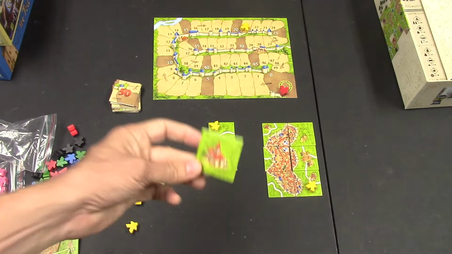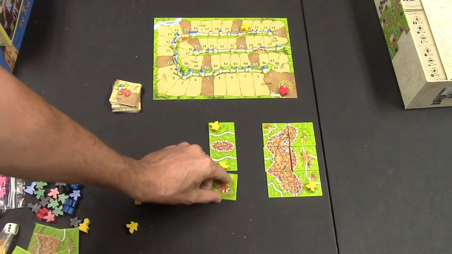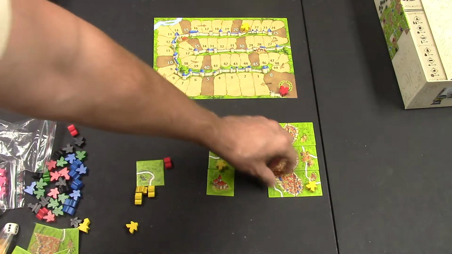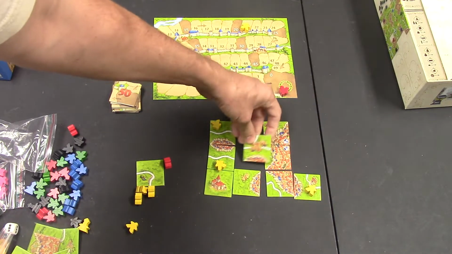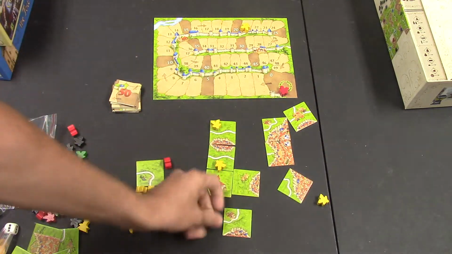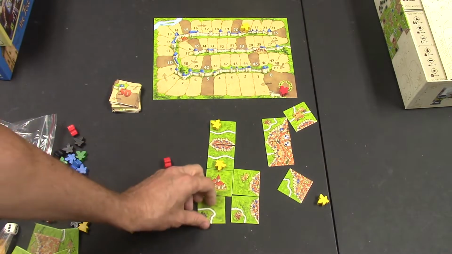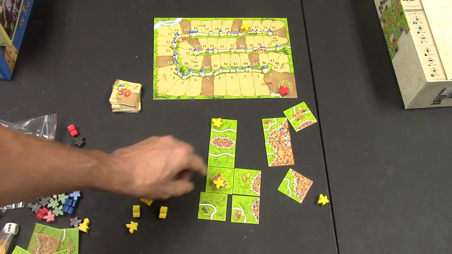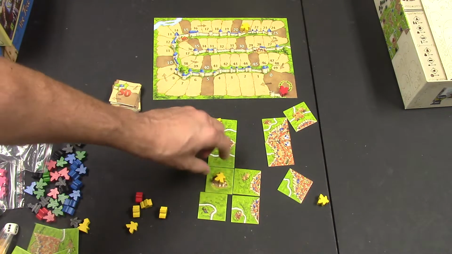The other way to score is through the cloister here. If you were to put this down, of course, it had to be in a fielded area. And eventually, if all these tiles were to surround it, and I don't really have a good example here, but let's say some of these tiles were moved around. Let's say that's there. That's there. Anyway, they'd have to surround. You could put someone on this one, and once they've surrounded all the surrounding tiles, there's 9 there, this scores